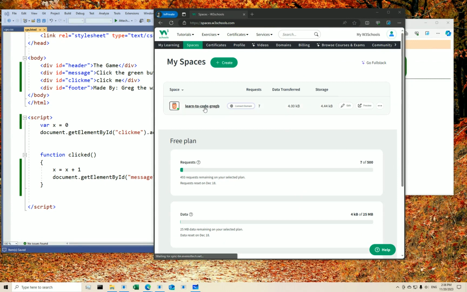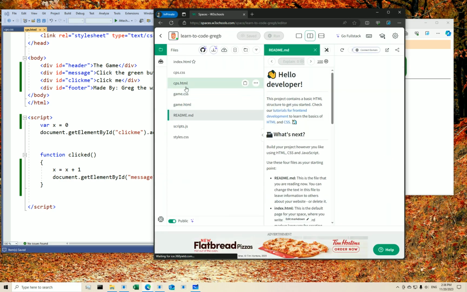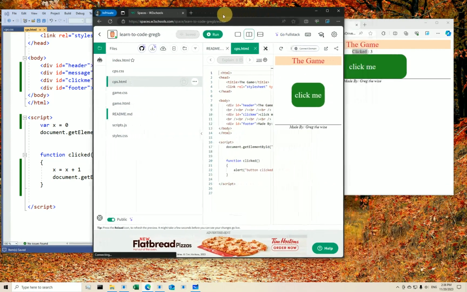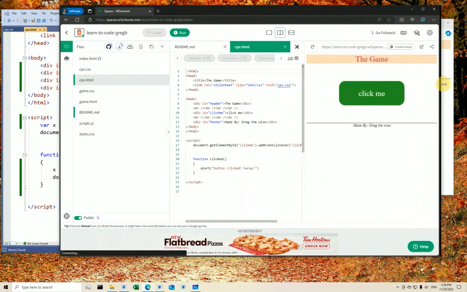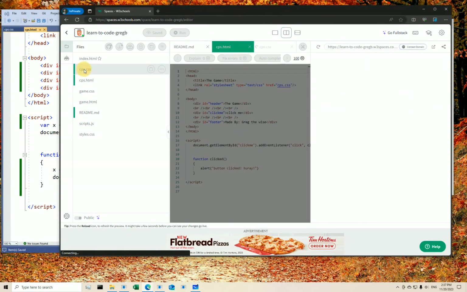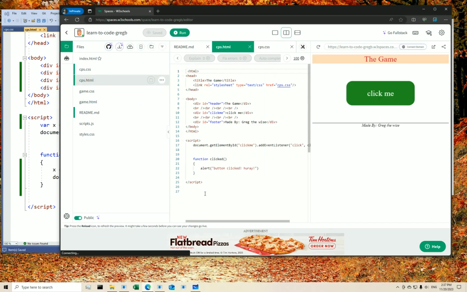Then go to your space. So again, Spaces, then go space, and find your CPS HTML. I'm going to make it maybe a little bit larger. Find your CPS HTML and CPS CSS, and replace